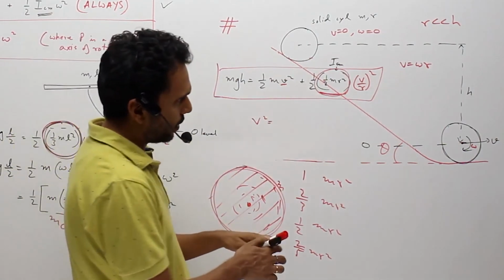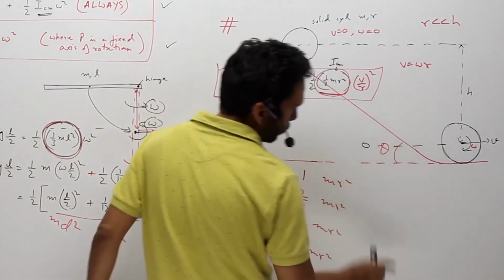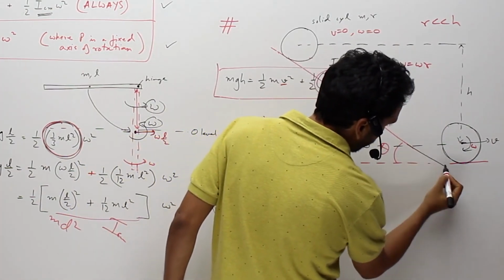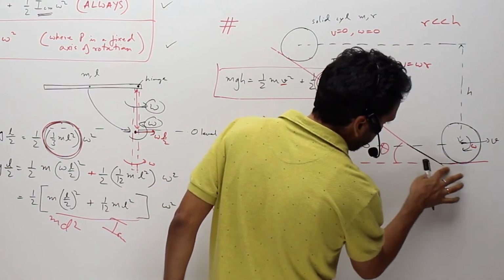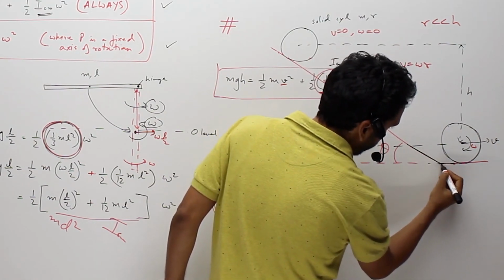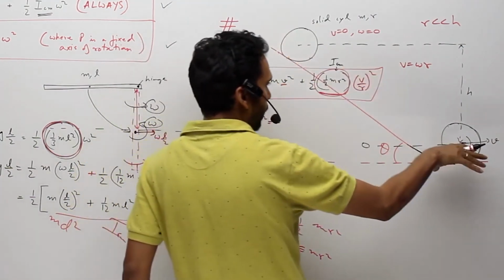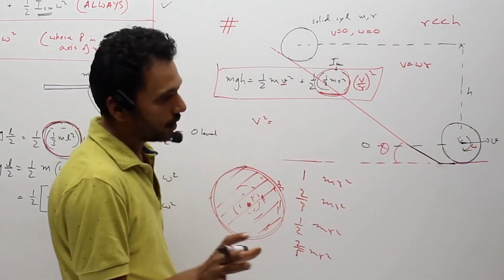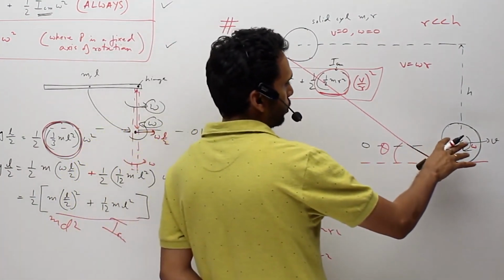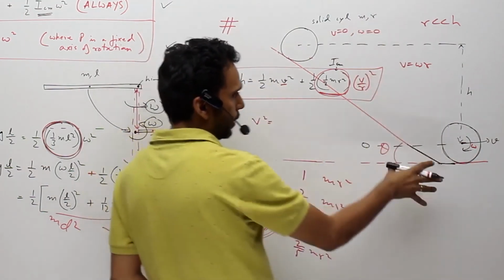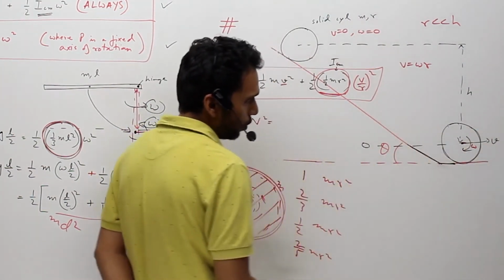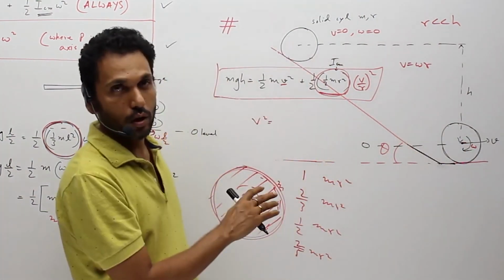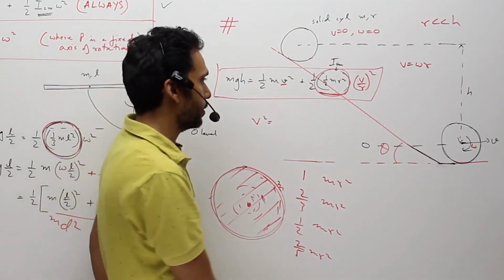Now one more thing to notice over here is I made this curvature quite smooth. So if the curvature was not smooth, and I ask you, then some questions, with other data given, some questions will try to catch you over there. What happens is, this goes and impacts on this, and if it is not bouncing, then it's a question of collision, and what you have to assume is the vertical component of the velocity just sticks to the ground and the horizontal component keeps on going forward. So there is a non-elastic collision in the vertical frame. So you have to write the equation of collision also to get your answer, right?